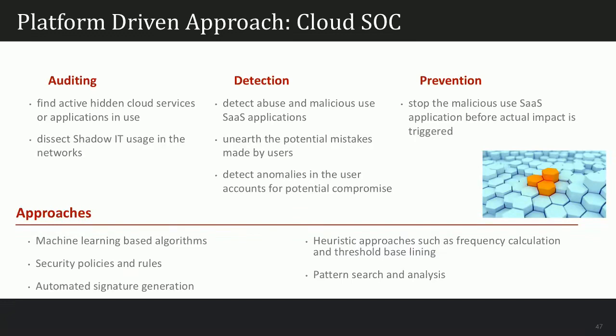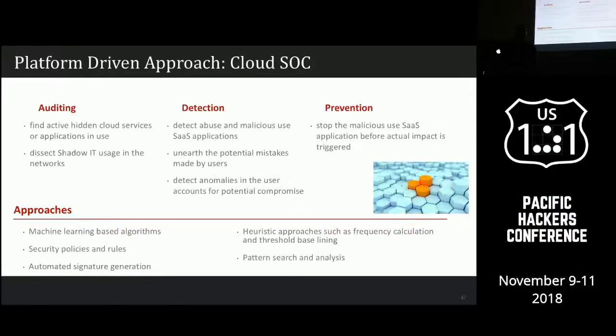So you can have multiple approaches: pattern search and analysis, of course signature detection or writing signature patterns, heuristics, automated signature generation as well, policy and procedures, machine learning. Again, the message is very simple and clear. It's always going to be the hybrid approach. One thing is not going to lead to a substantial solution. So we talk about why a platform-driven approach is much more needed to actually go after detecting and preventing cloud apps.